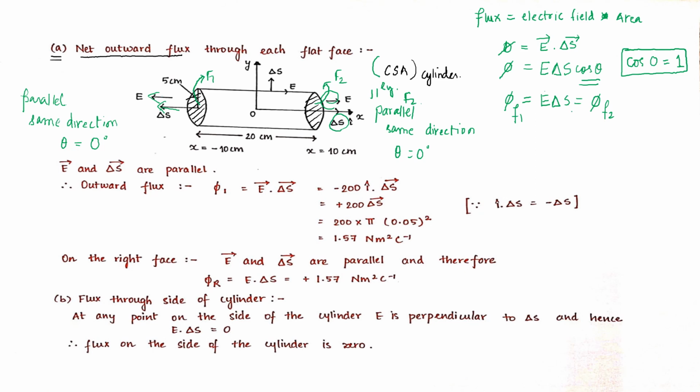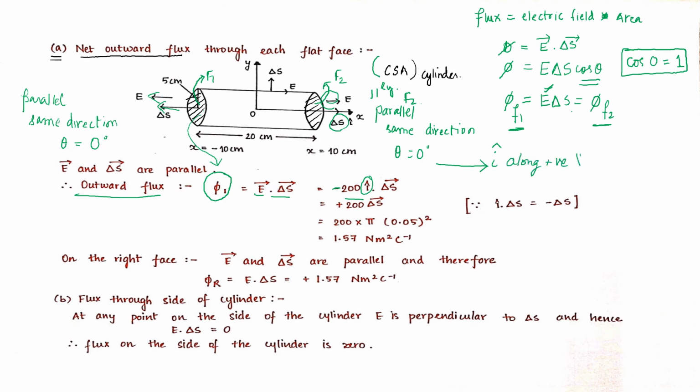Now if we will substitute the value of E, we will get a difference in xi of phase 1 and xi of phase 2, the flux of phase 1 and flux of phase 2. How are we going to get the difference? We will see here in this solution. Xi 1 represents flux on phase 1, on this phase. Okay. E in E dot del S, E's value is minus 200 I is there, so I goes along positive x direction, I cap goes along